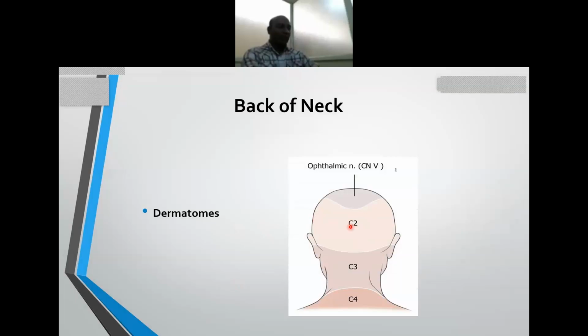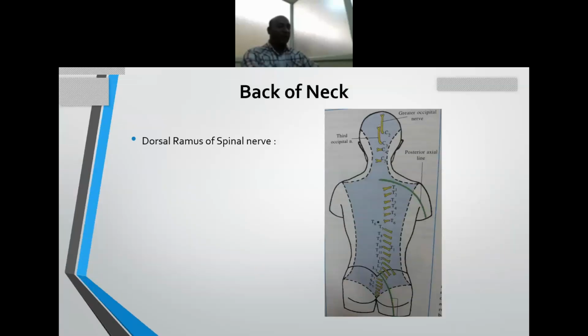So dermatomes in the back of the neck are like this. C2 is the highest, which abuts or is close to the trigeminal supply of the skull. Then C3 and C4 will come like this, and after C4, C5 to T1 will be absent because they are taken into the upper limb. So C4 will be next to T2 in the upper back. So C2, C3, C4 will come, and then T2 will be around here.